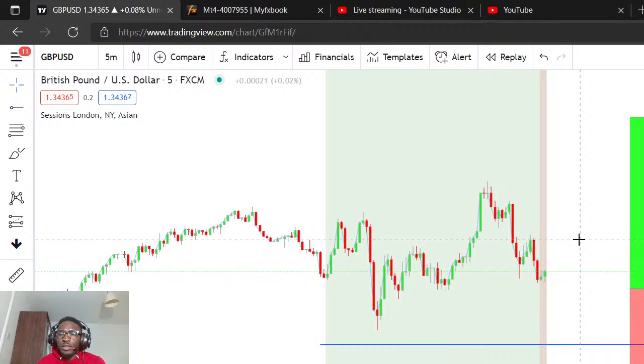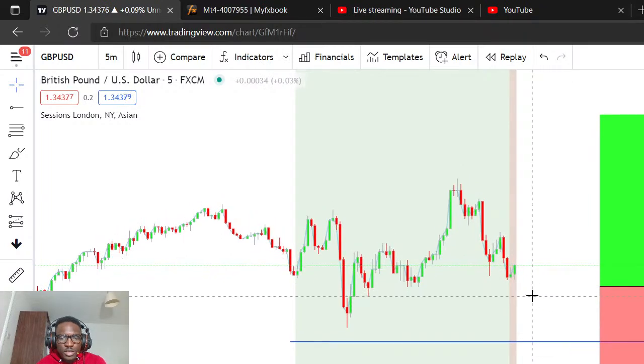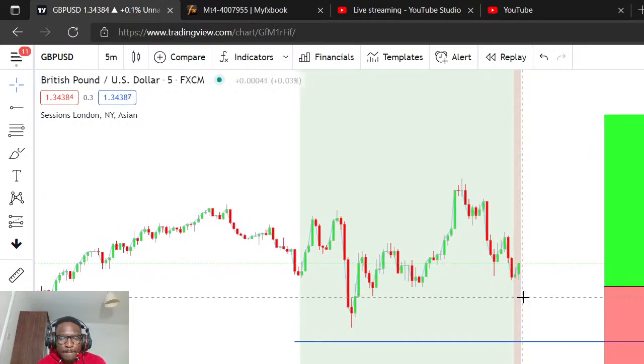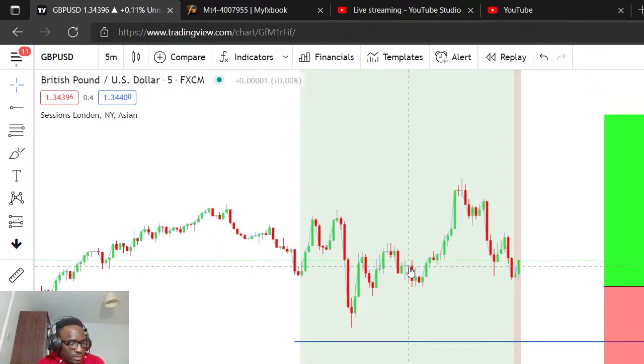Okay, good. So as I was saying, I've already taken a long position on this market, and the expectation is, like I said, the market is going to go up and make one more high, around 30 to 40 pips. If the market decides to go down here, I will be closing my trade somewhere below this structure level. This is a little more straightforward in terms of the trade setup compared to the one I took yesterday.